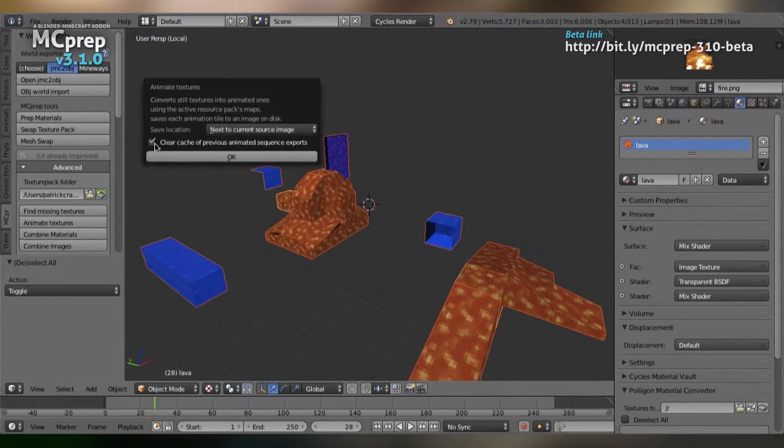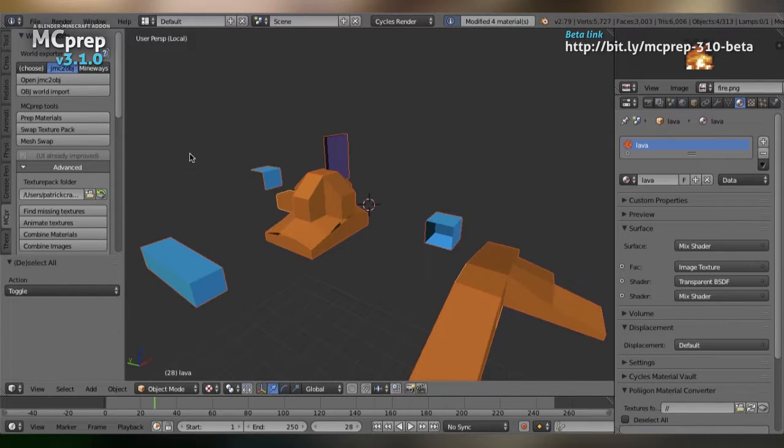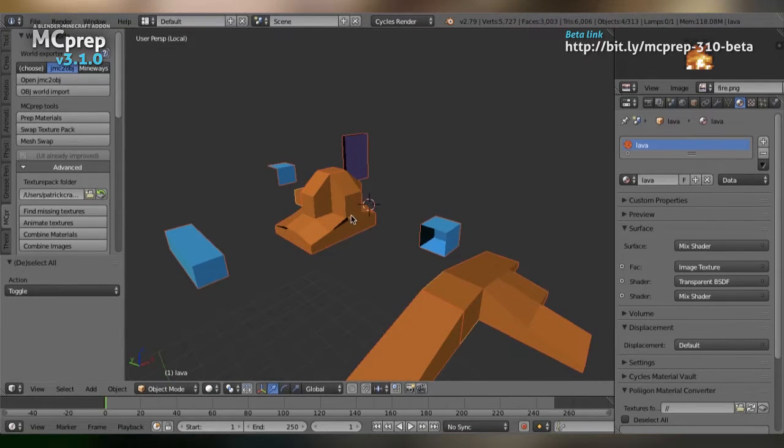You can press clear cache if for whatever reason you need to refresh and completely overwrite. Otherwise, it will be smart and reuse the previously exported frames. But you'll notice right as I press OK and give it just a moment to process, you'll see that it said modified for materials. And now you can't see it in the viewport because the viewport doesn't update animations, but